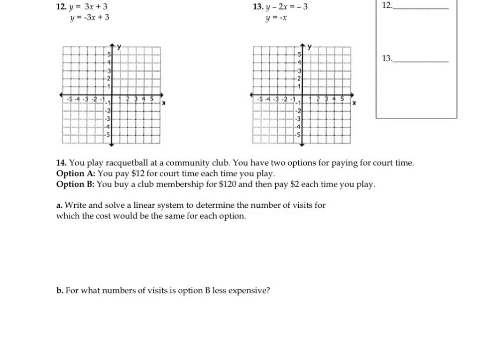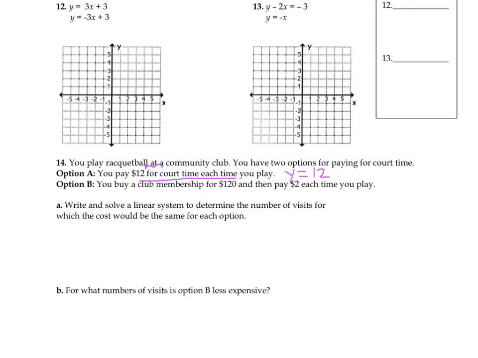So part A asks us to write and solve a linear system to determine the number of visits for which cost would be the same for each option. So first thing we want to do is write our two equations. So for option A, it says you pay $12 for court time each time you play. So another way we can think of that is that we pay $12 per game. So 12 is going to be our slope, and we have no y-intercept,